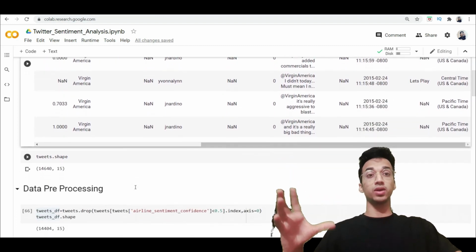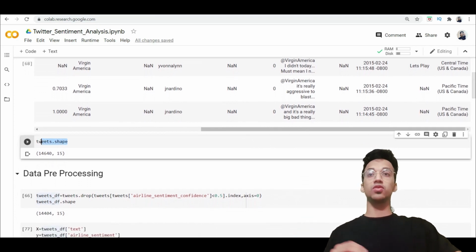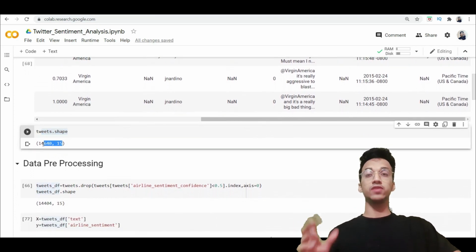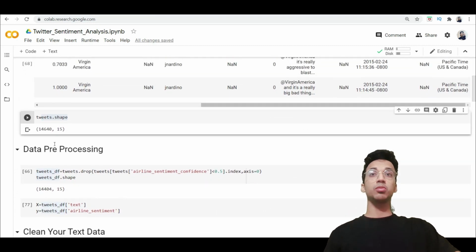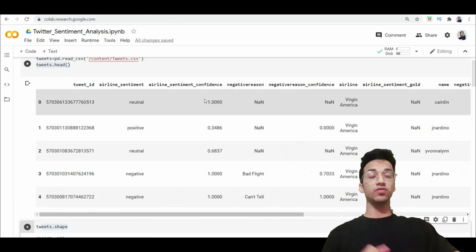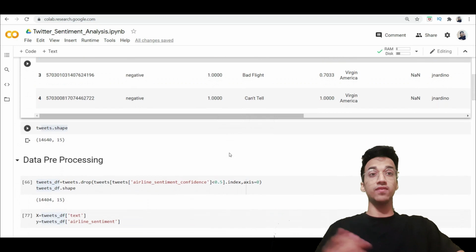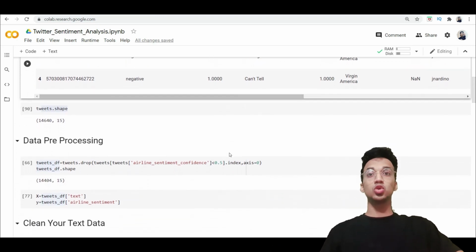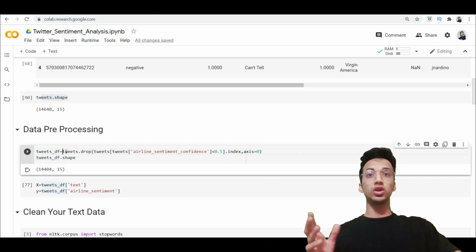This is the most important part, cleaning your data. So over here, the shape of the data is 14640 rows and 15 columns. So first step that I'm going to do is I'm going to remove all the tweets for which the confidence level is less than 50%. If you're not sure about the sentiment, there's no point in having it in the data set. So I'm doing that using this line, using tweets.drop.